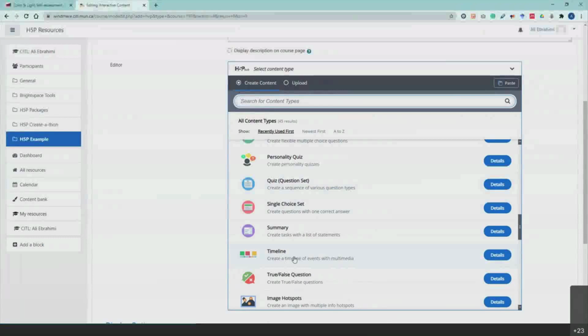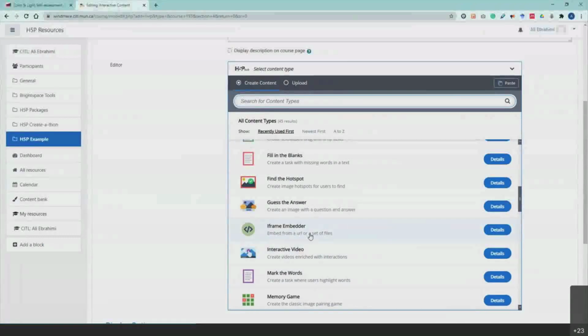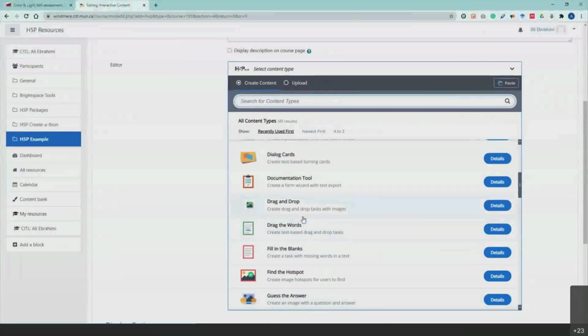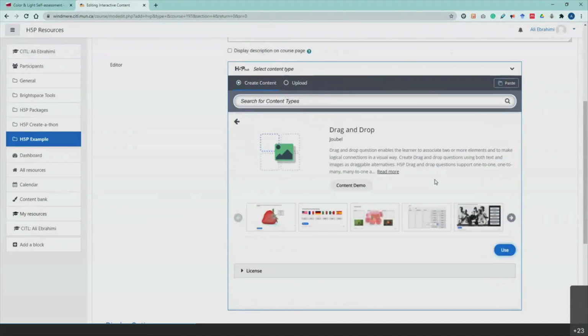Okay? So now let's say you want to create a drag and drop, and you don't know how you should do it. First of all, after this event, and in the next 3 days, we are here to help you with that. But you will find details on the right side. If you click on that, you can find some useful information here. And if you click on content demo,